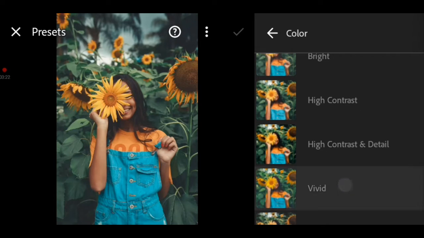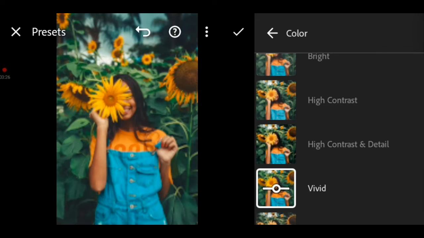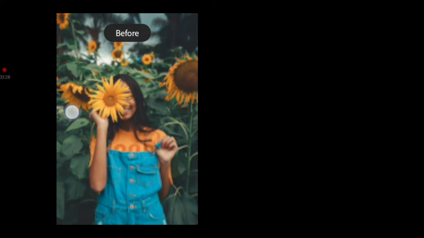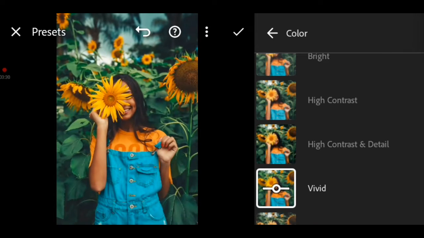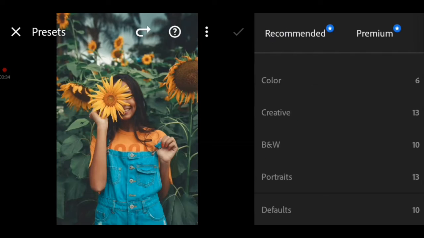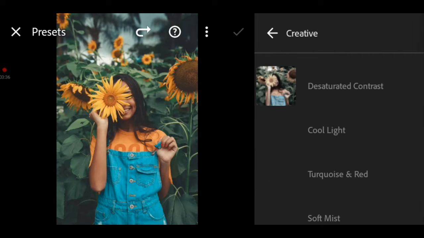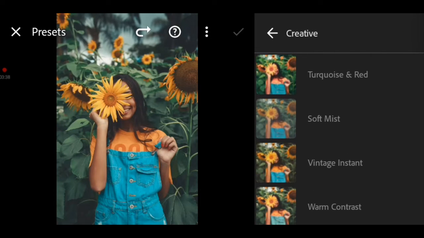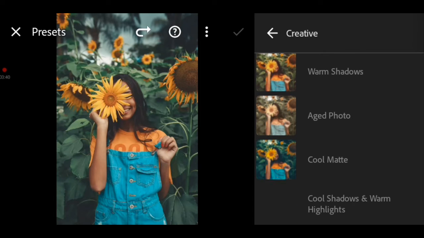Okay, for instance, the vivid makes the image pop, giving it more of a yellow feel and making the image brighter. And if you keep on trying other presets, they all give you different results depending on the setting that the preset comes with. There are some premium features under the presets which involve paid purchases, of course, but